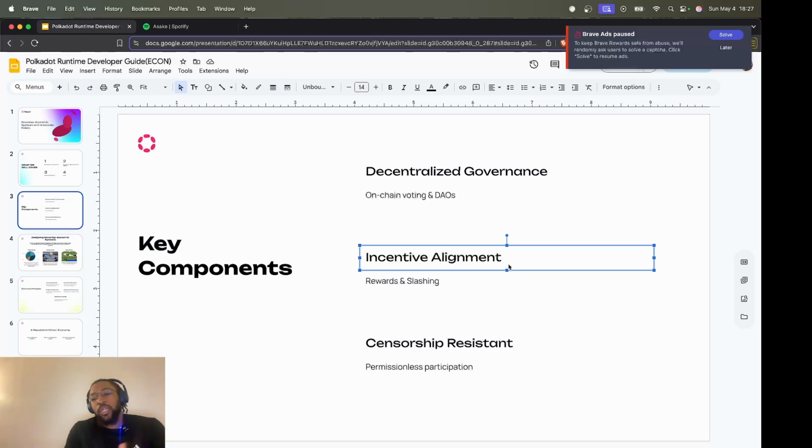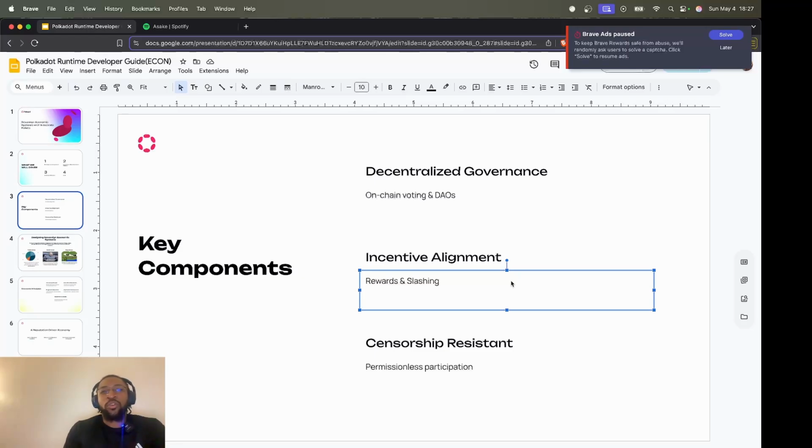You do some initial contribution to gain reputation, and then when that is established, you get some sort of reward towards the reputation that you have. And then if you don't do certain things at certain times, you get slashed. This is true for DAOs, this is true for validators.